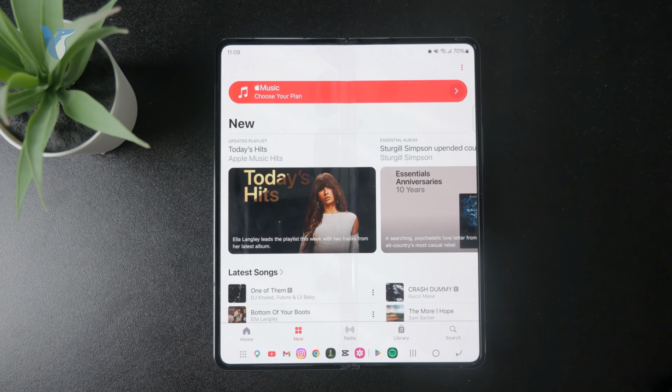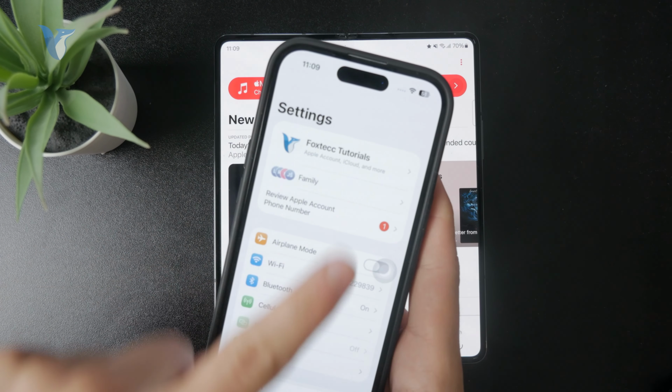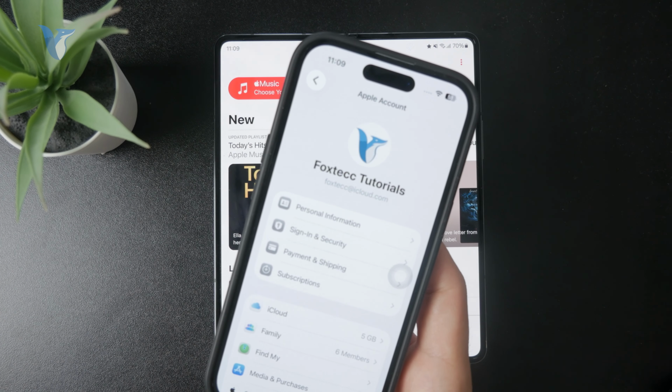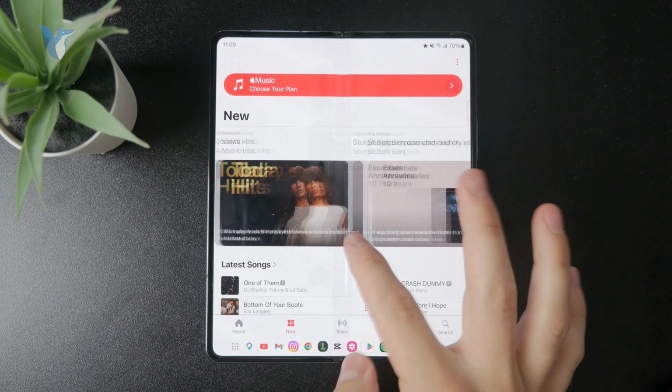So if you have an iPhone by any chance, you can just go to your settings, and the account at the top is the Apple account, which you can sign into the Apple Music as well. So you have to just kind of go through that process, and then you will have the ability to browse